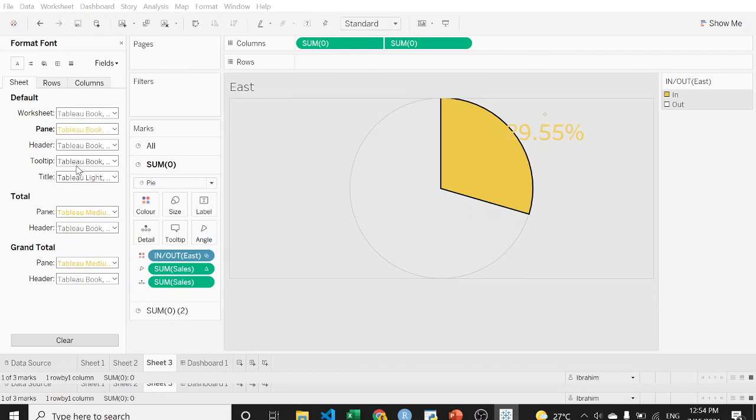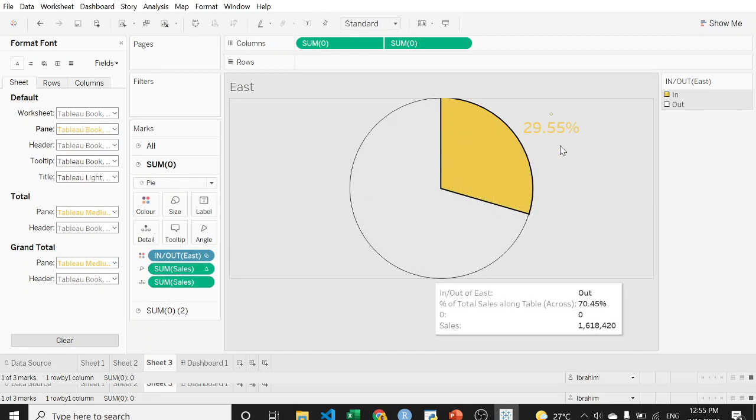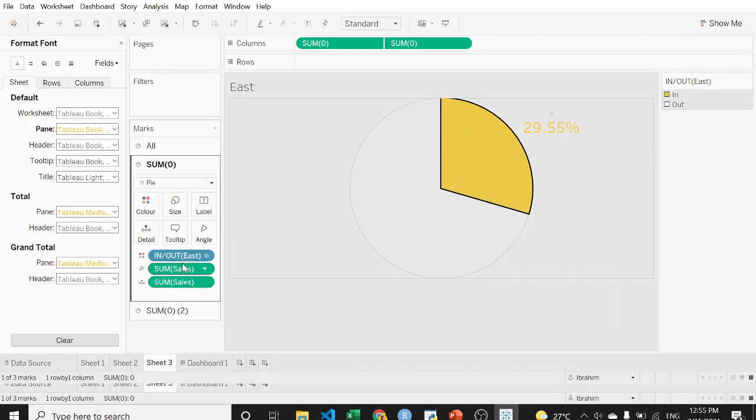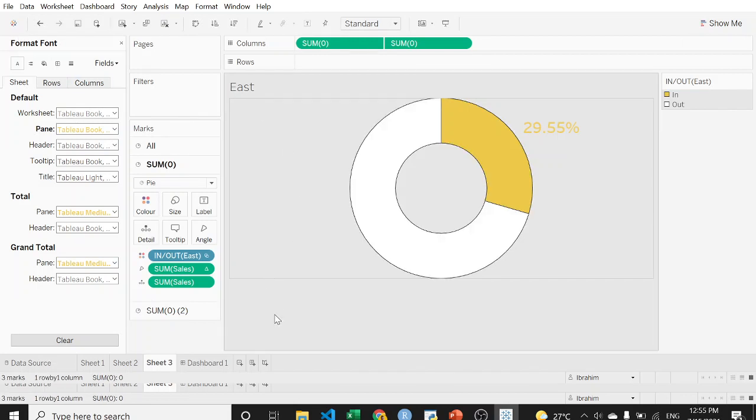I've changed it and I've set the color. I want it to be the color of our chart. So this one is representing this part, and this one is representing the total, and it's super user friendly,